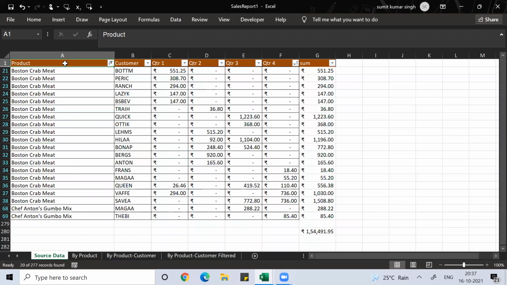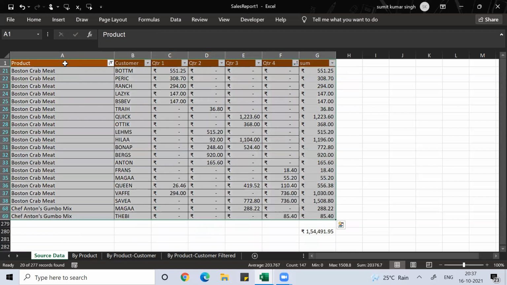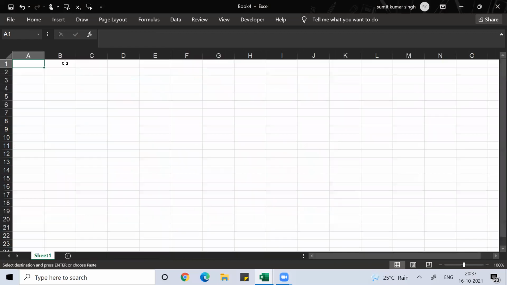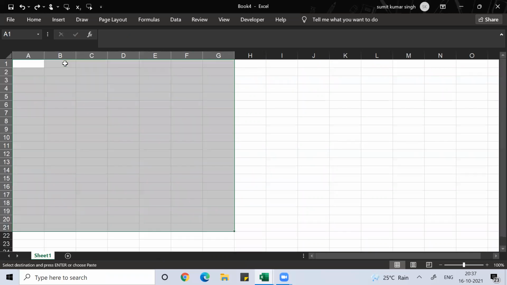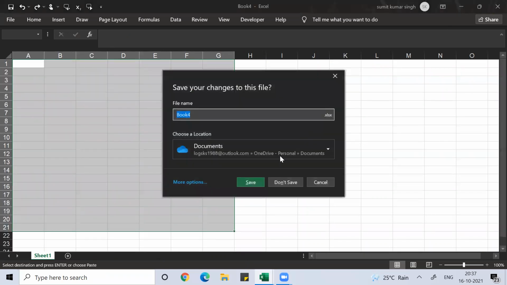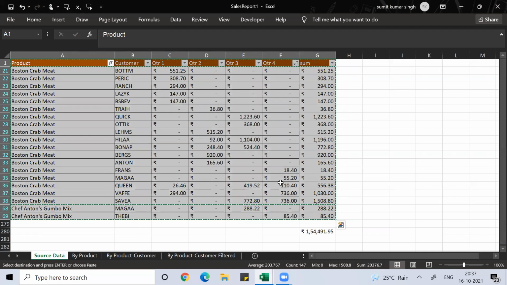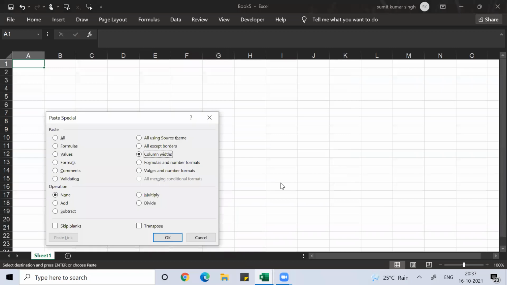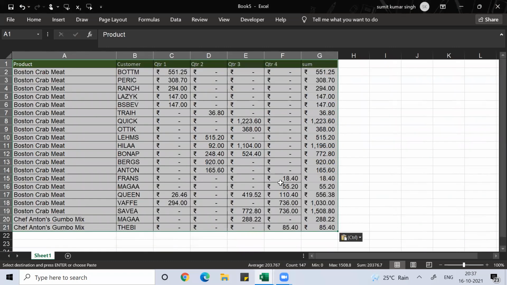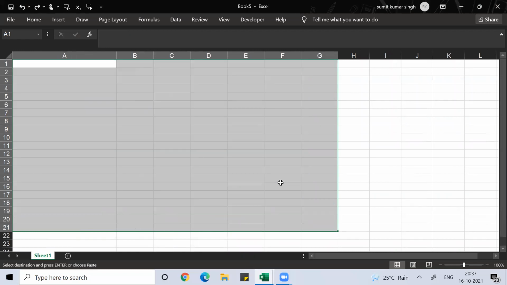If I copy this data, Control Shift right arrow, down arrow, Control C, Control N, you know, right? The shortcut key for a new workbook. Then Control V. You can see the formatting is not up to the mark, so I can delete this. Then I copy this, then Control N. To close that workbook, Control W. And then what you can do, press Alt ESW for column width, then Control V. Now this looks more appropriate.